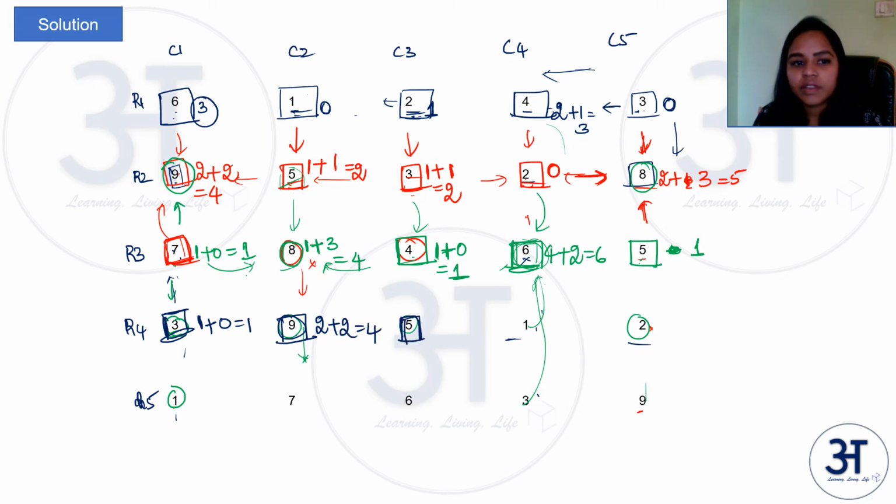Coming to 5, which is row 4 in column 3. Let us look at the top of the column. 4 can reach 5. 3 and 2 can't reach because 4 is greater than 3 and 2. So one possibility from top. Below it is 6. It's not possible. So in the column 1 possibility.